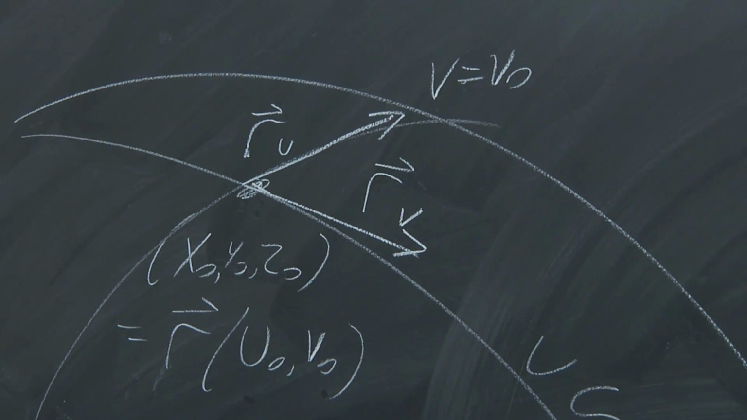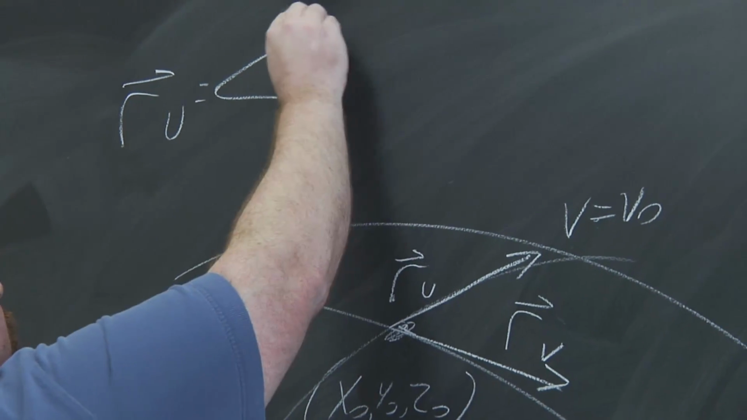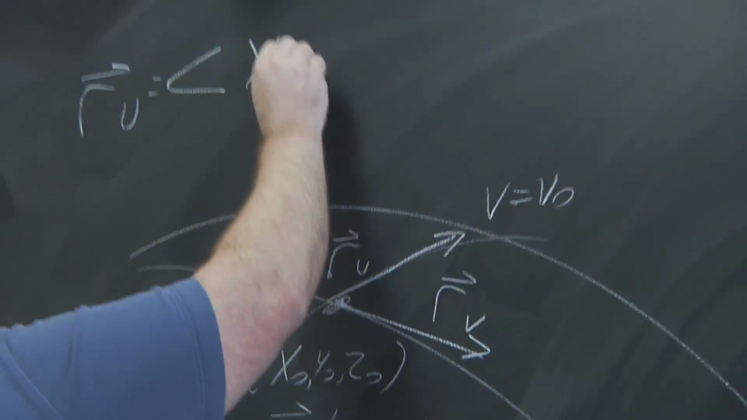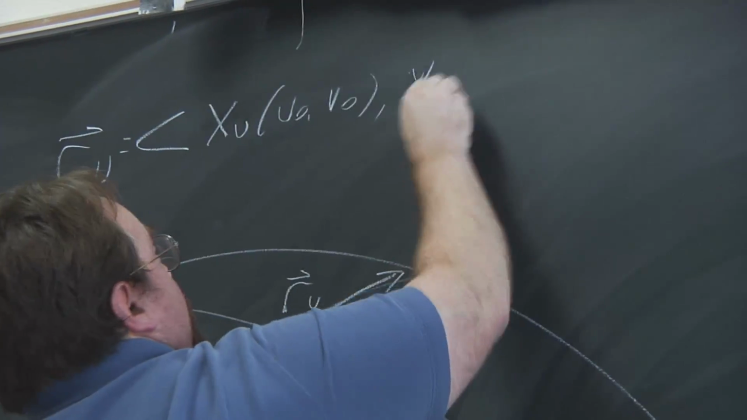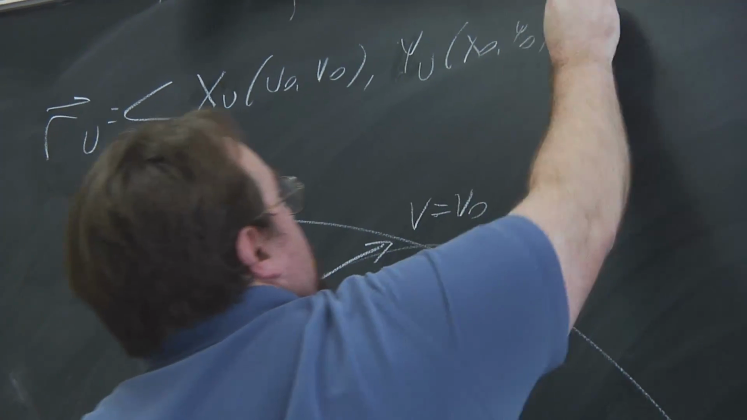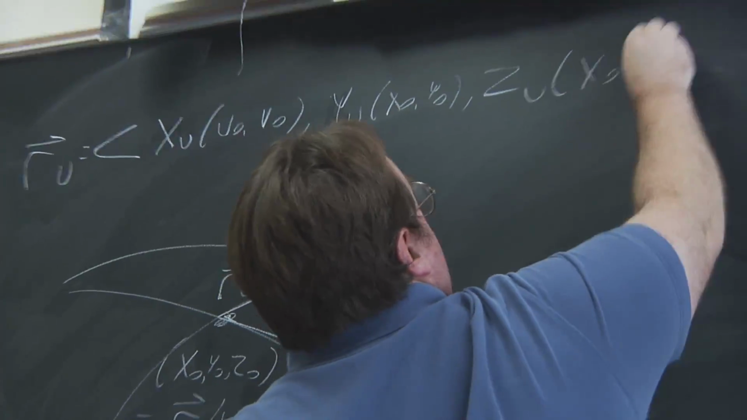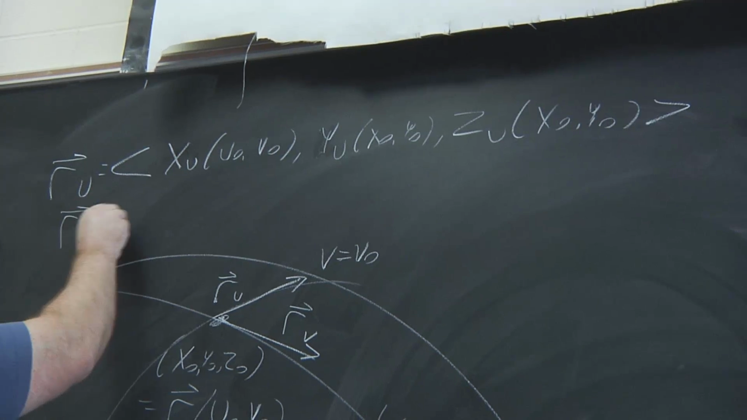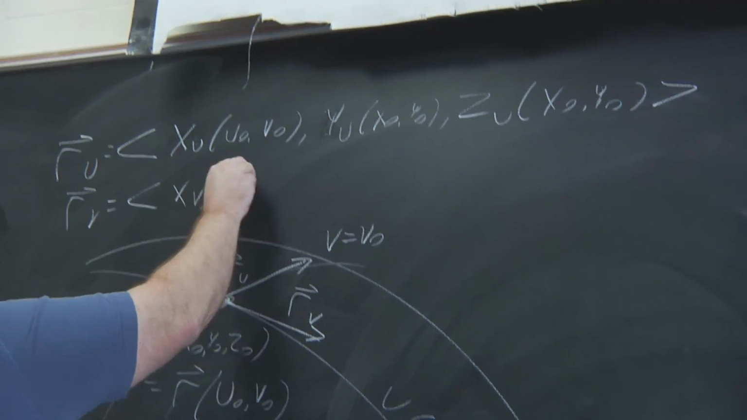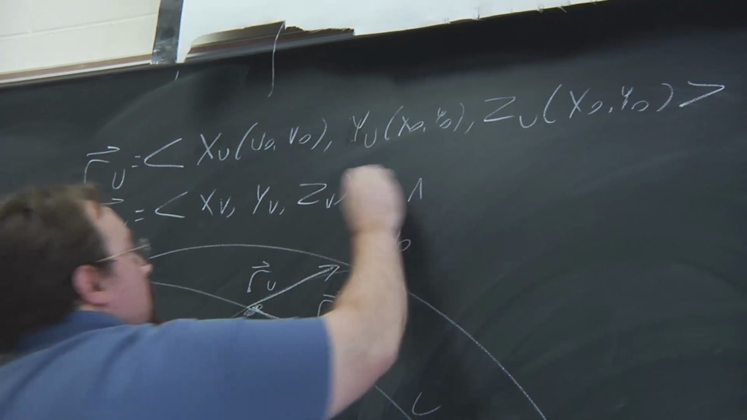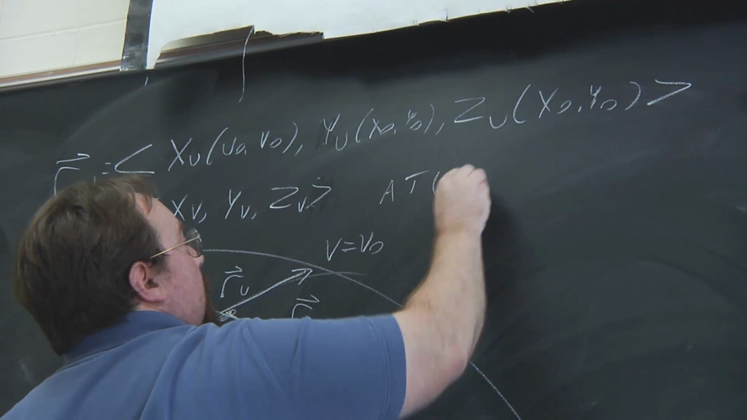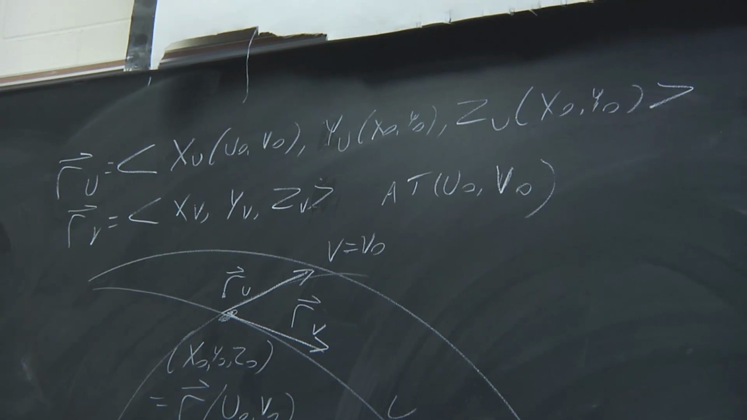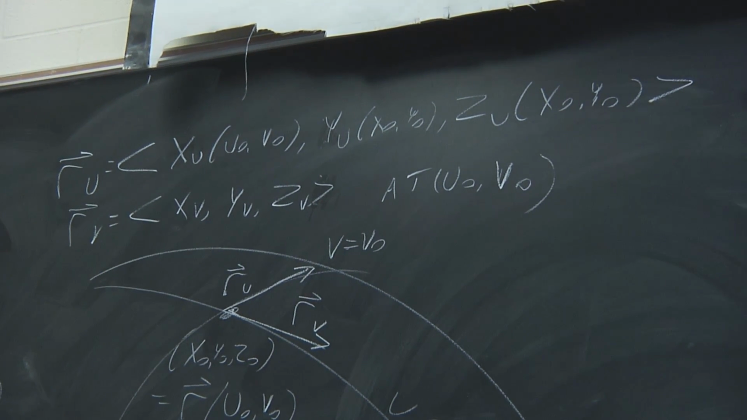And we can write down what these tangent vectors are. RU is the partial derivative of x with respect to u, evaluated at u naught, v naught, then y with respect to u, and z with respect to u. So all the partial derivatives with respect to u. And then RV, partial derivatives with respect to v, all evaluated at u naught, v naught. Now, once we have two vectors in the plane,